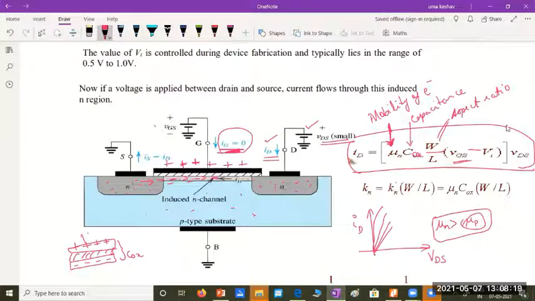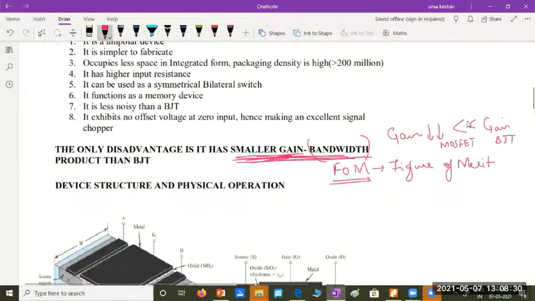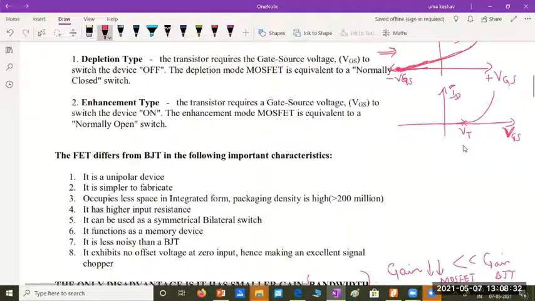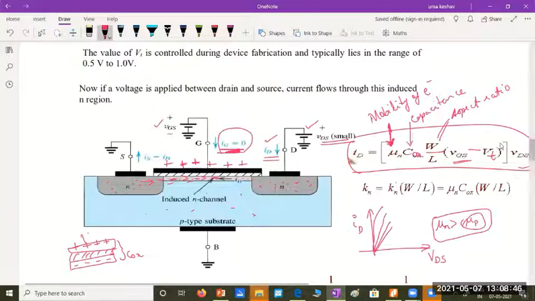This is VGS. VT represents the threshold voltage which is needed for the MOSFET to conduct. I told you an enhancement MOSFET requires a threshold voltage VT. This we are calling small VT here. This threshold voltage is needed at the gate to put the MOSFET into conduction. That is VT. And VDS represents the drain source voltage which we connect at the drain terminal.